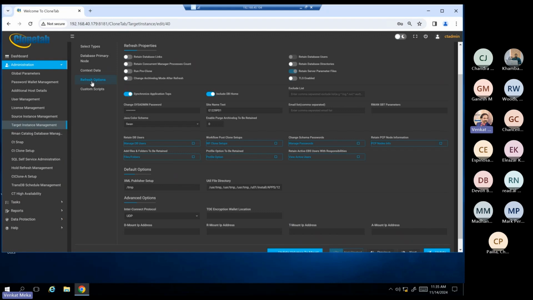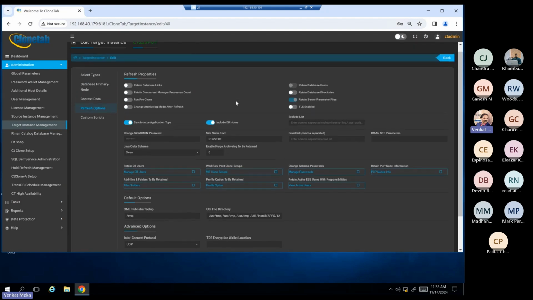This is where the beauty of the system helps you. This is where you have several post-clone steps that you can completely automate without doing any customization. But of course, there could be some gaps. Not everything can be accomplished. We cannot even foresee what you are going to do once you have this product. So you can add custom scripts in the last tab.